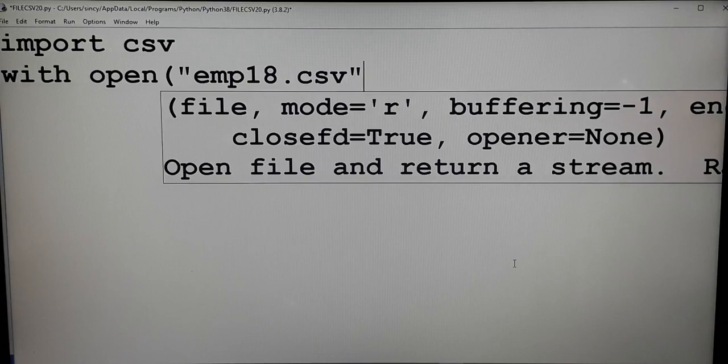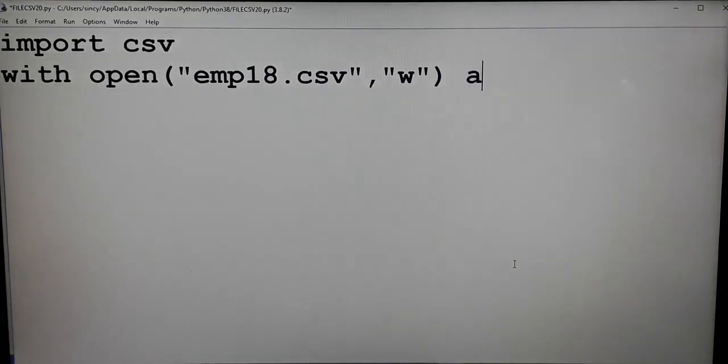By using Python, we are going to create emb18.csv. And since we are creating it, the file mode is w, as file object obj. Now emb18 is opened in w mode as file object obj.